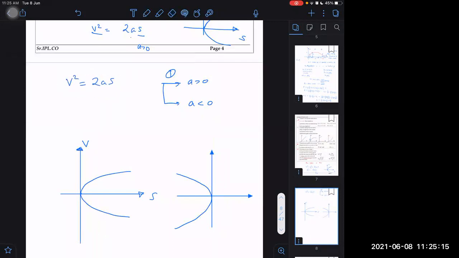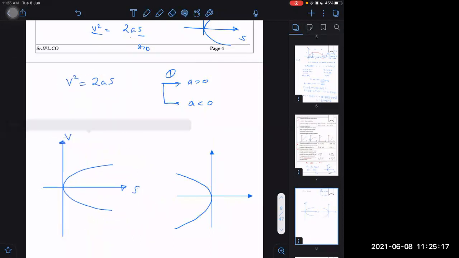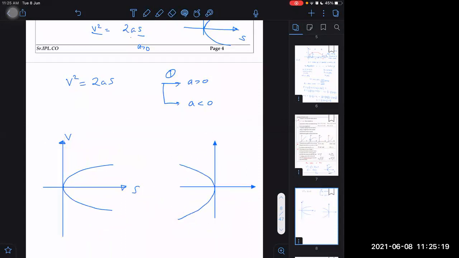These are two different cases. They have not given whether acceleration is positive or negative. They are giving a constant. Then why does it tell you that if it is constant, what do you mean by that? Does it mean acceleration should be positive? Constant means constant. It could be a negative constant. It could be a positive constant.